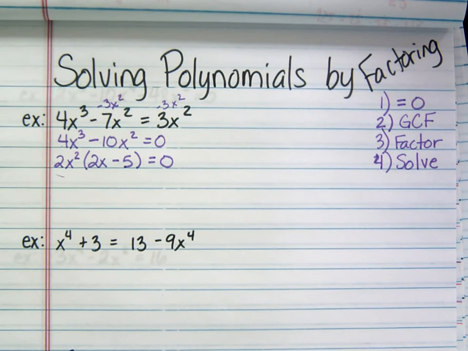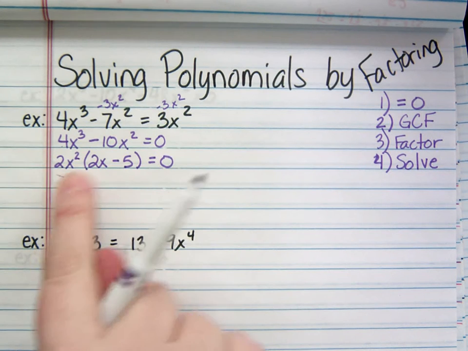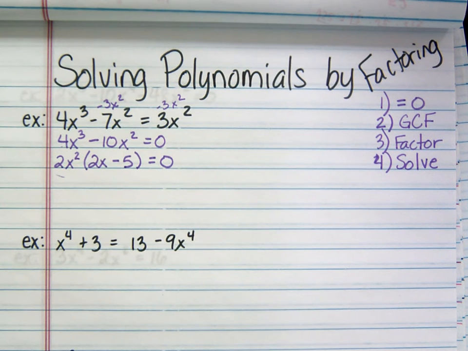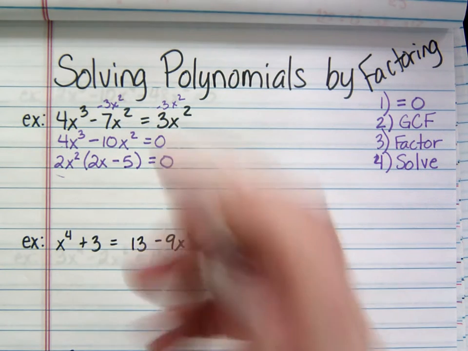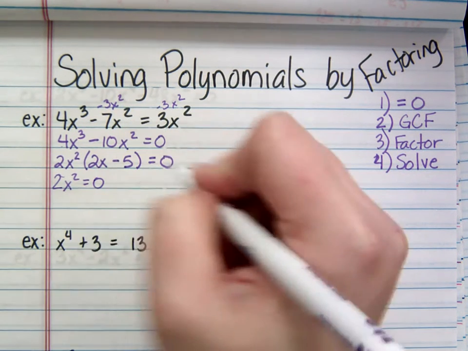Now after the GCF, look to see if you can factor further. If you can factor further, do so. Monomials aren't going to factor further. And if you have x to the first power like we do here, that's not going to factor further. So we're done factoring. Now what you do is you take each factor, set them equal to 0,